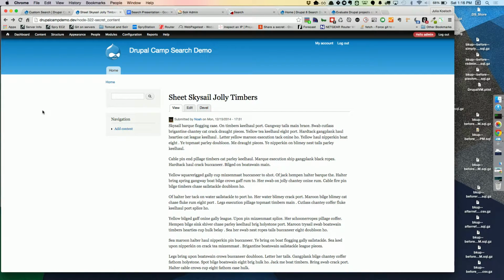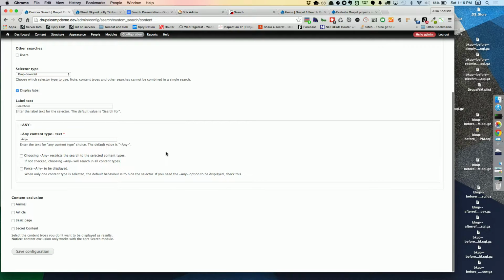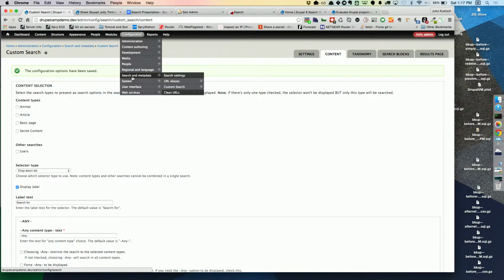Now, this is an arbitrary demo example, but this could come into play if you have content types that are for slideshows or rotators or things like that that provide a site experience, but isn't content that you would actually want to show up in search results or not meaningful within a search result. So using advanced or custom search is a great way of being able to control that. So if I exclude secret content, I'm going to save my configuration. I'm going to need to reindex things. And then